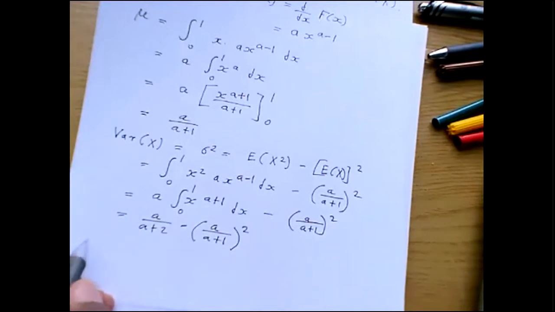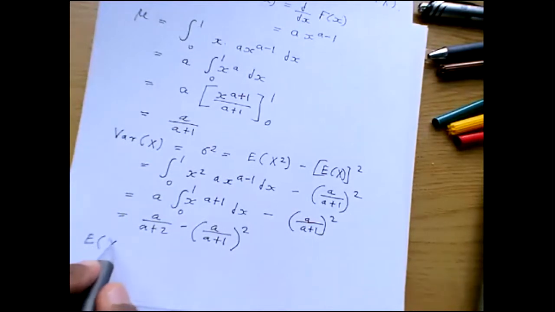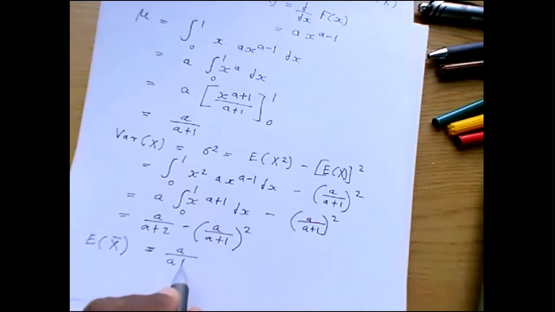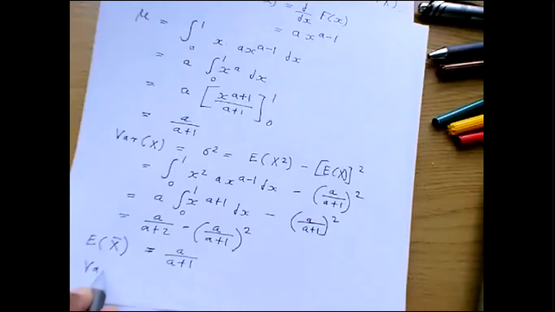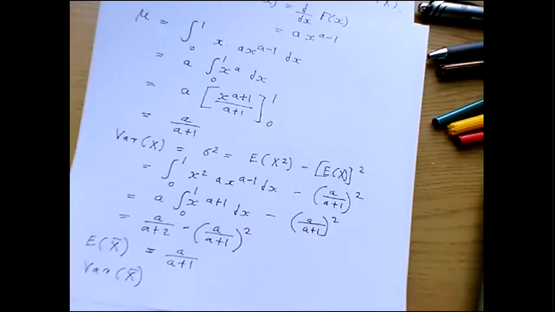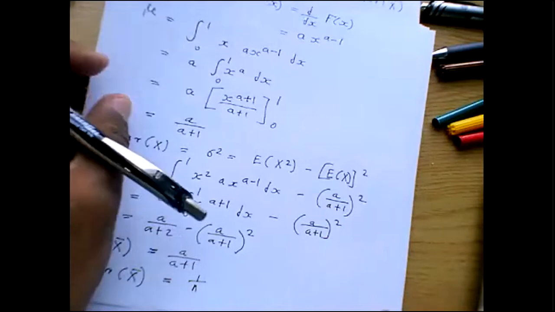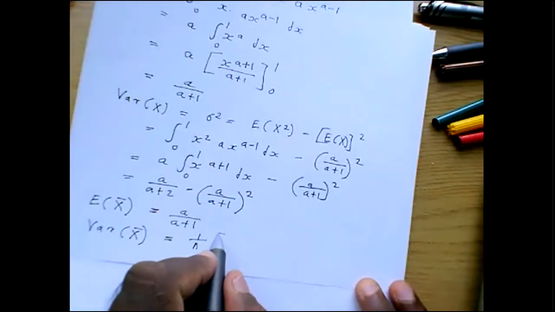Therefore, the expected value of x bar, where x bar is the sample mean, is equal to a divided by a plus 1. And the variance of x bar, remember, is sigma squared divided by n. So it is simply 1 over n times